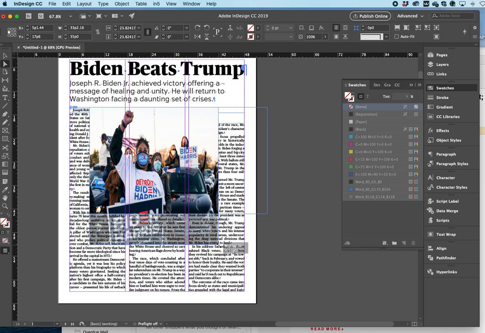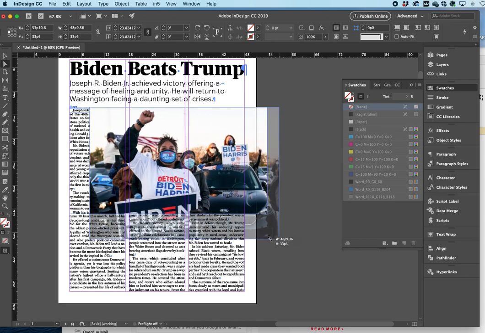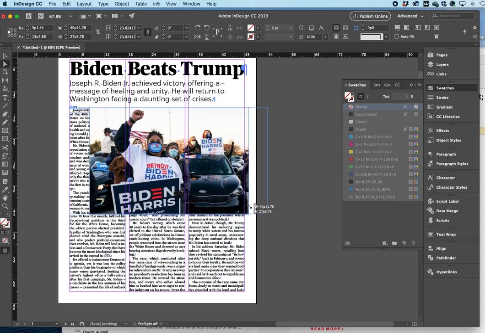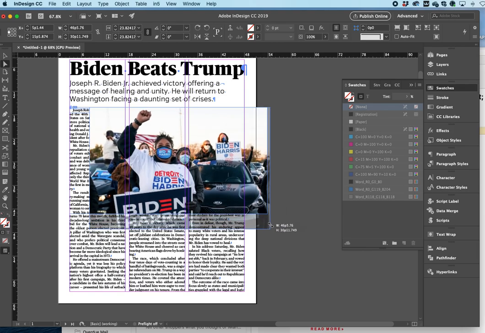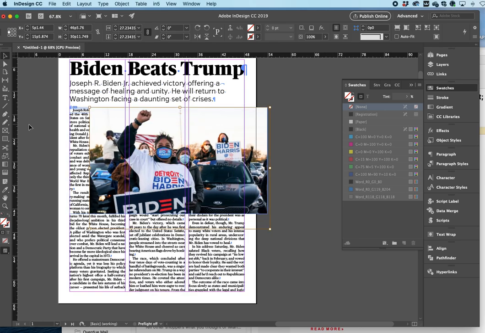But you have to be careful when you do this because it's easy to distort that picture. So if you hold down the shift key while you do this, your picture will stay proportional. So it's a good idea, if you're using that rather than the fitting option under Object, to always fit the frame proportionally. So I like that size, and I think I'm going to take that down to 2 columns. Whoops, wrong thing. Make sure we have the frame. Let's take that down to 2 columns.